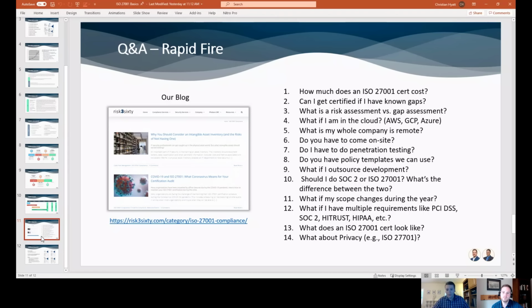So you can absolutely get certified, and it does change the picture a little bit. But again, it's not quite as much as you might think. All right, I'm going to start skipping around here for the sake of time, but I do want to cover this next one. What if everyone is remote?